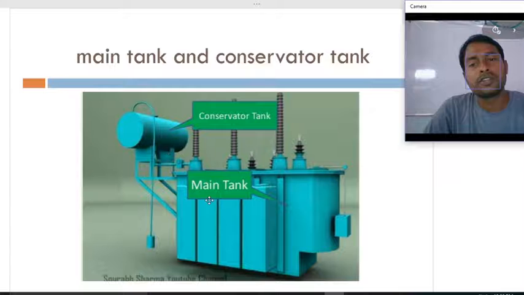If the load on the transformer increases, the oil in the transformer will be sent to the conservator tank, and if the load on the transformer reduces, the oil will be released back to the transformer tank. That's why the conservator tank is placed at the top of the main tank.